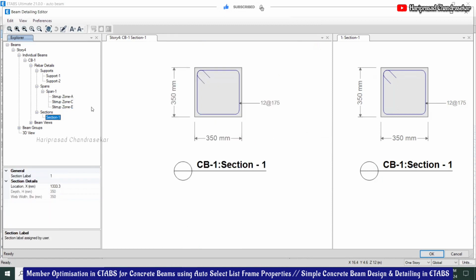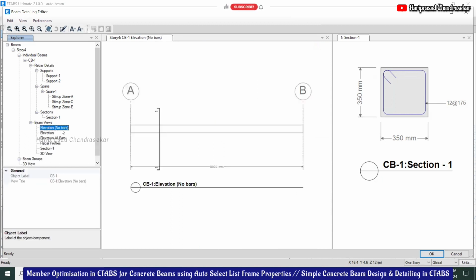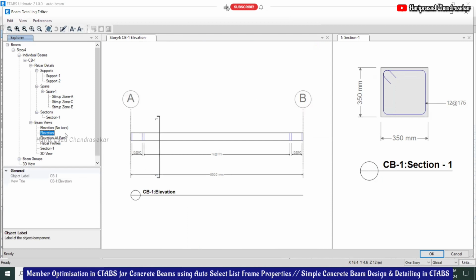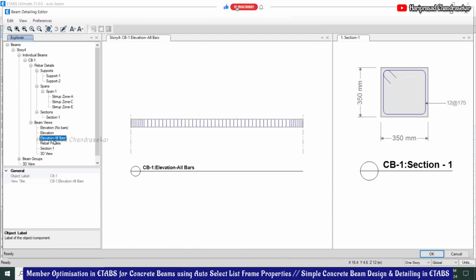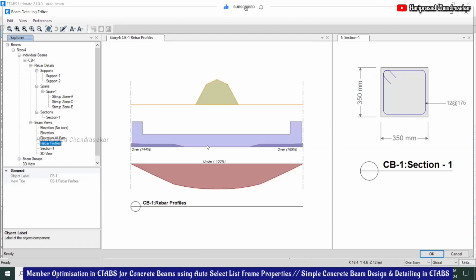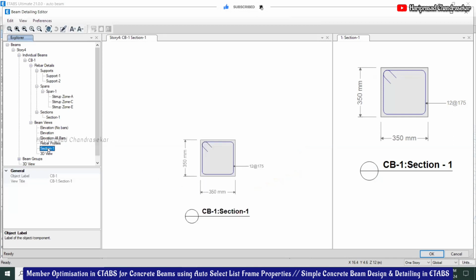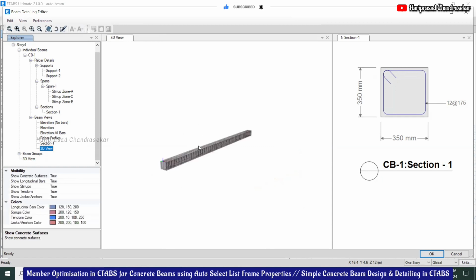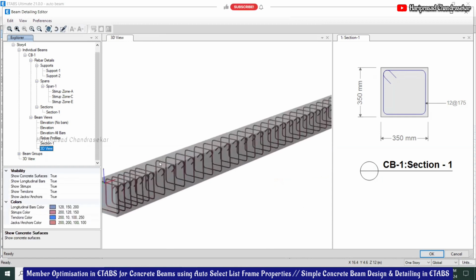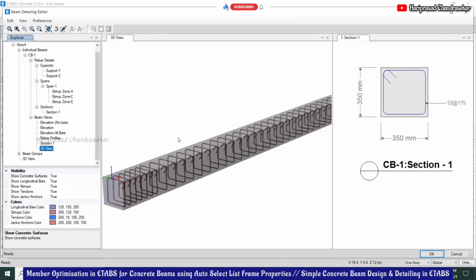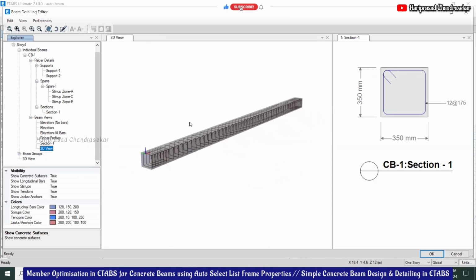Here the section is coming. The elevation, no bars and with bars, all bars, rebar profile. This is rebar profile and section one and 3D view. I think in this 3D view only we can see the cage diagram for the beam.